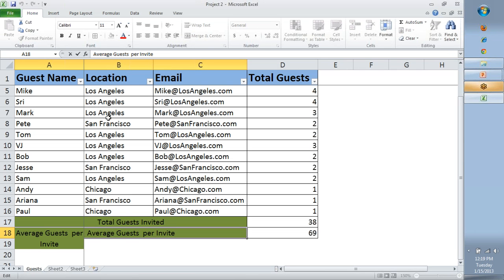Because we used this filter. We did the freeze panes. Once we did the freeze panes, it is only selecting that specific portion. Now, average guests per invite. What do I mean by average guests per invite? All right, I have 40 guests that are coming in. Sounds good. But also,